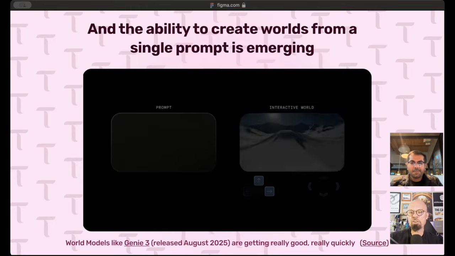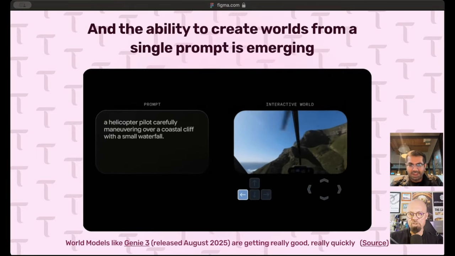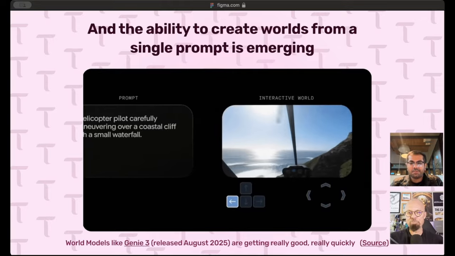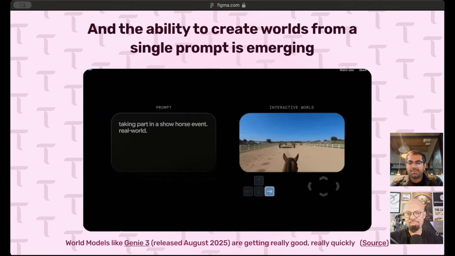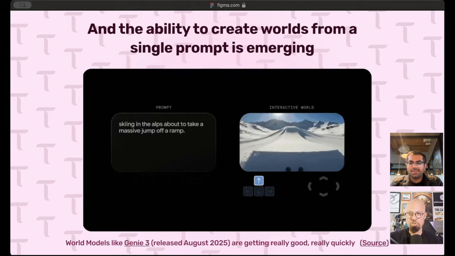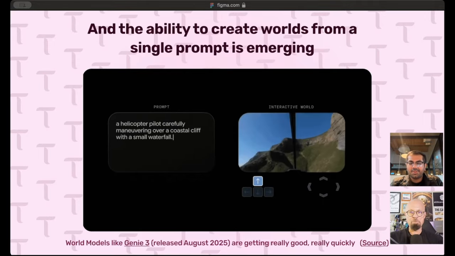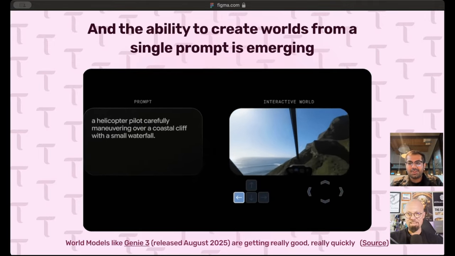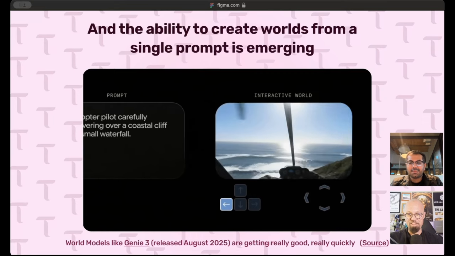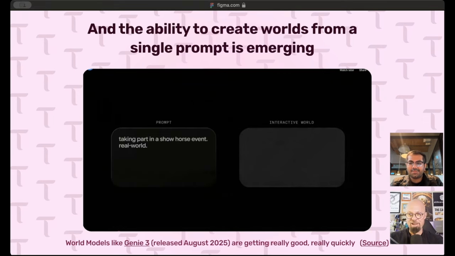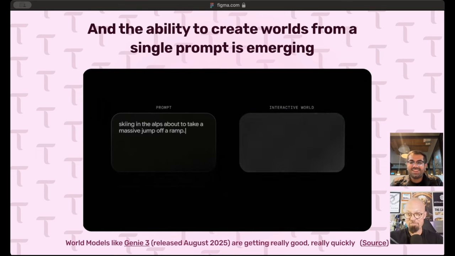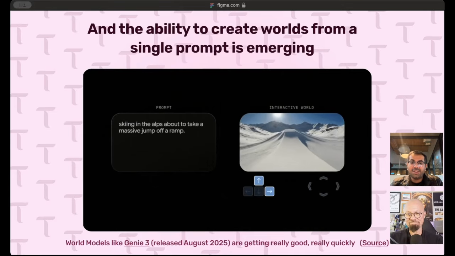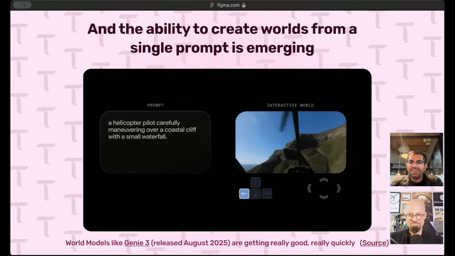It generates the world dynamically, so there is no end. It's not like old video games where you can only interact with the map that the game designers created, which was usually a bounded, very small world. Here, nobody invented this ahead of time. It's completely generated on the fly. So as I fly around in that helicopter, I could fly up the coast forever. Exactly, and keep generating more coastline. And the barrier to entry is just you prompting on the keyboard.